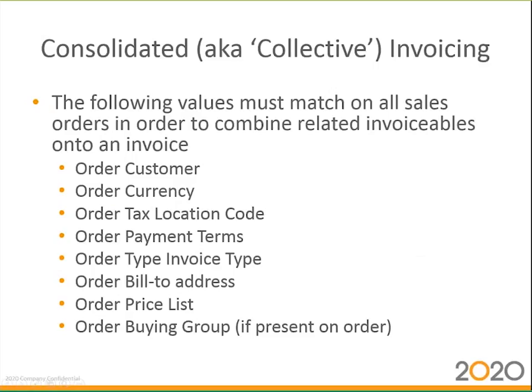A note that in order to combine items onto a collective invoice, there are certain data on the invoiceable entries themselves that have to be common to those records or to those entries. So it's obviously got to be for the same customer. We're requiring the same order currency, the same tax location code, at the moment the same payment terms because of terms discounting, the same invoice type, debit or credit, the same bill-to address, and coming from the same order level price list,